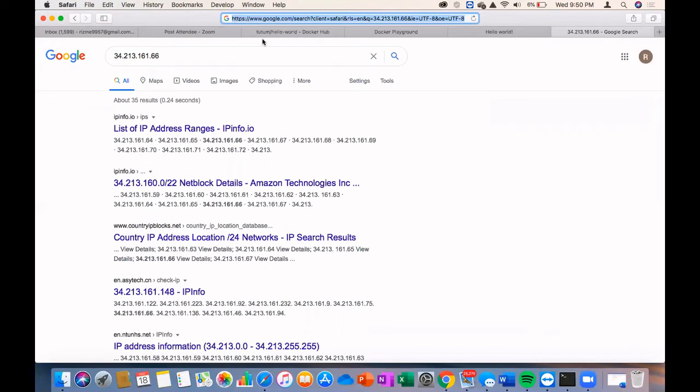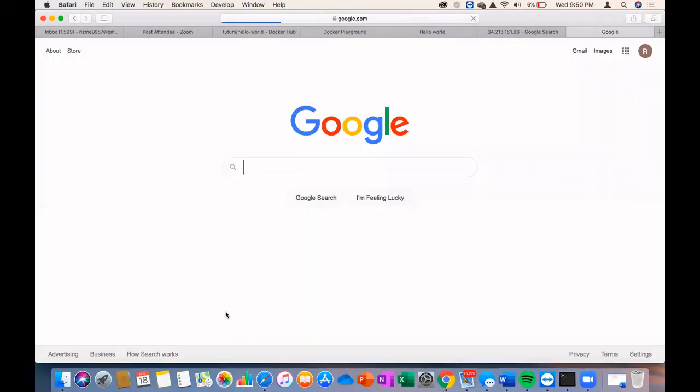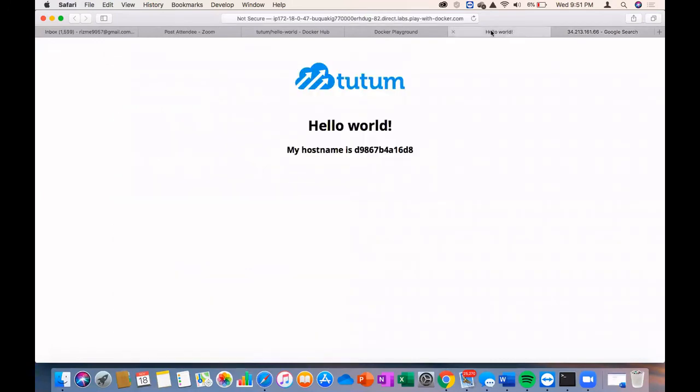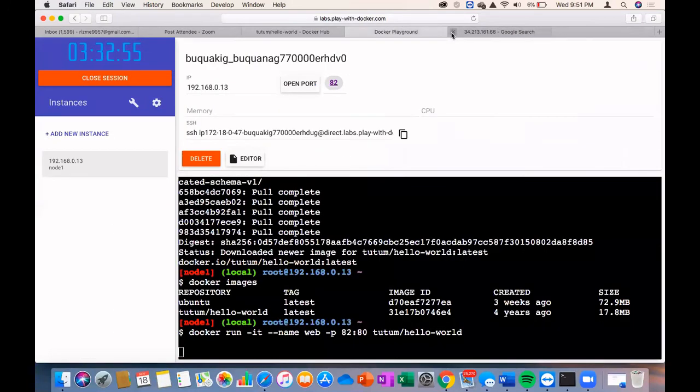Actually, you are putting it in a very wrong place. You have to open a new browser tab. You are actually putting it in a search box. Hold on. Let me first close this box. Let me open a new tab.